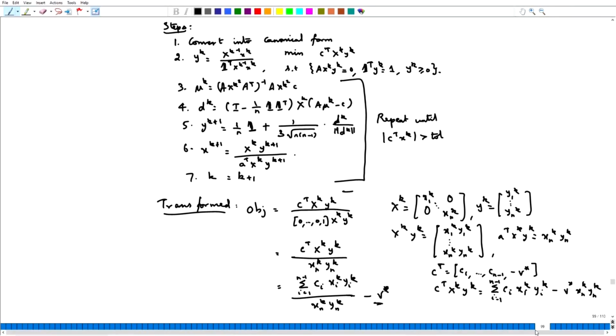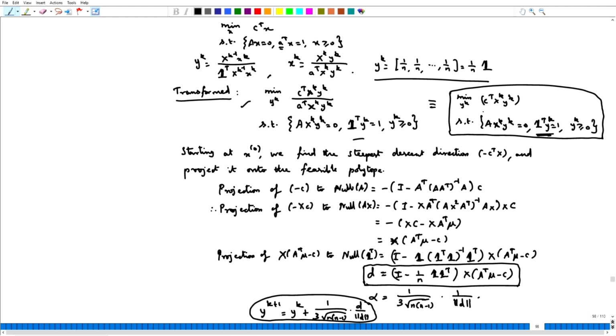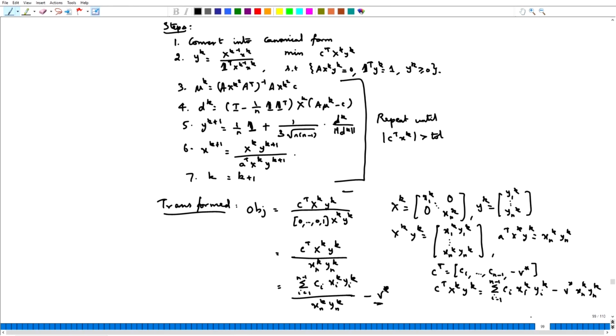So, we have two issues. The first issue is regarding the transformation, but I discussed that when you choose little a vector as all zeros and 1, we are somehow getting rid of this issue. But the other issue we cannot get around, because now this will actually become mod C transpose x_k minus V star greater than tolerance, and V star is not something that we know. So, no problem, we will just use the technique that we used in the previous affine scaling method,